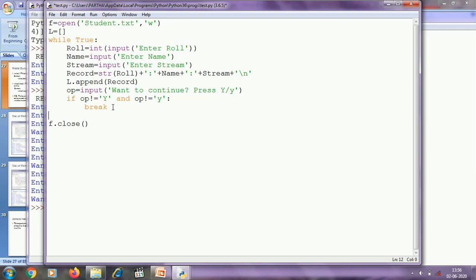Then I am going to write using the f.writelines method using the argument L, and after writing I am closing the file using the object f. Now check the output.